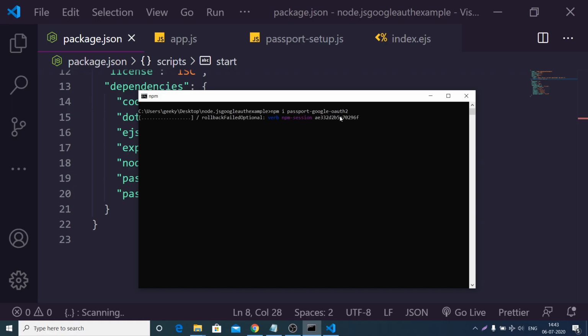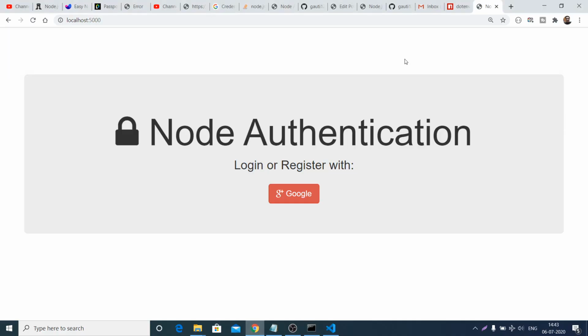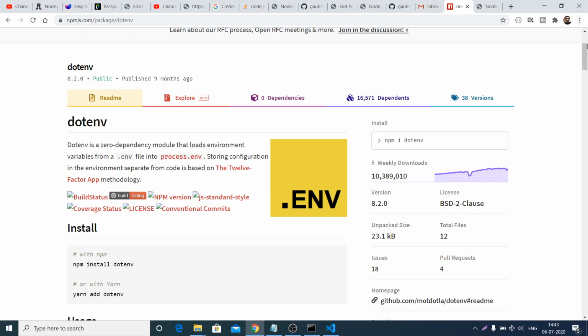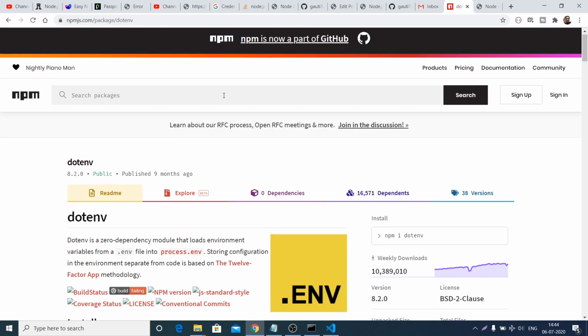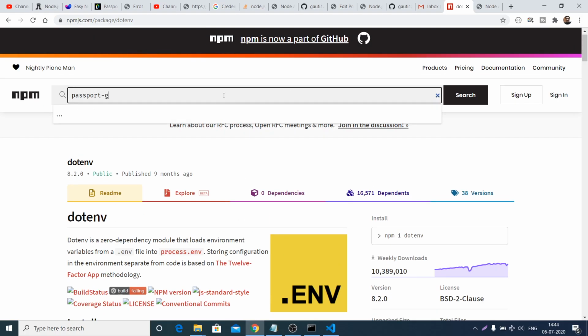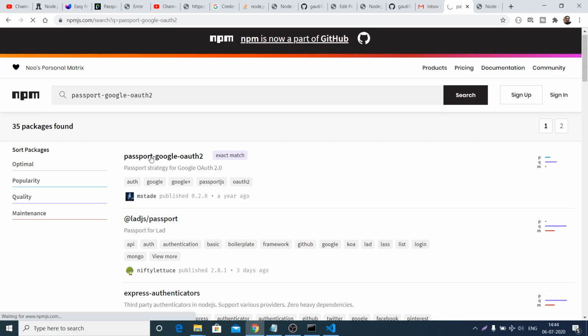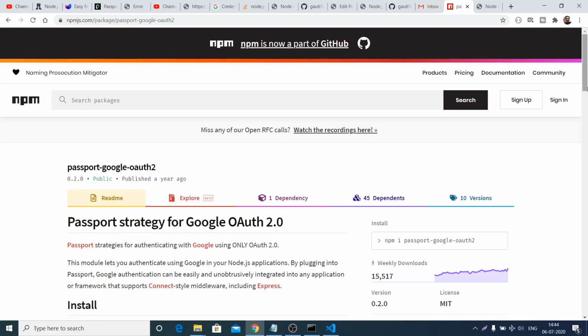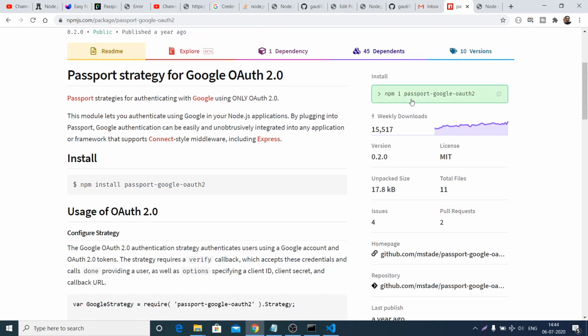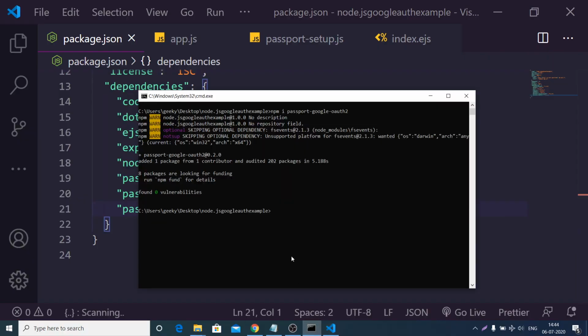If you search on the npmjs website, this is again a passport library, passport-google-oauth2. This is a passport strategy library specifically for Google, so we will use this library. Let me just see, the library is installed.